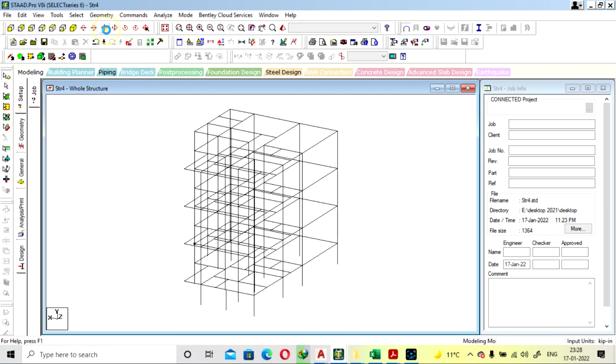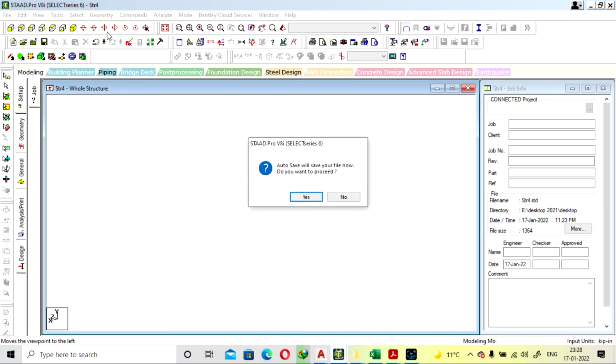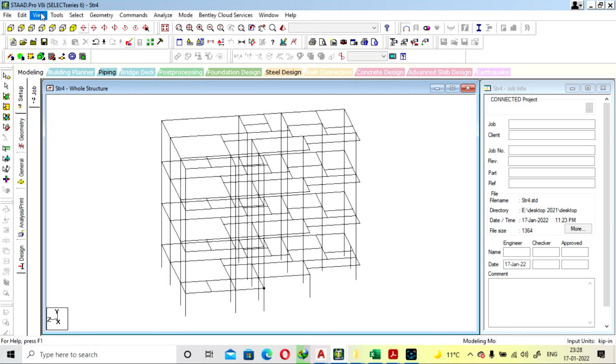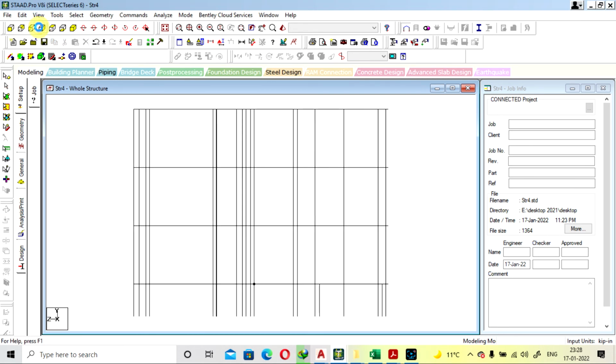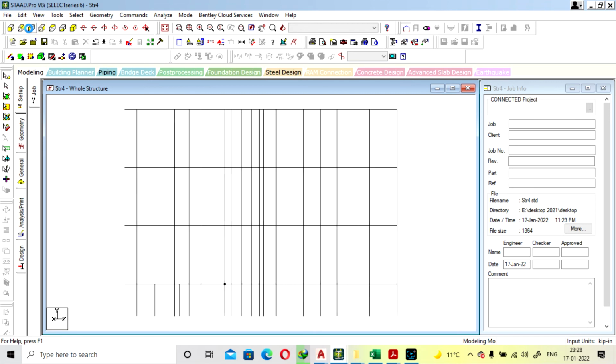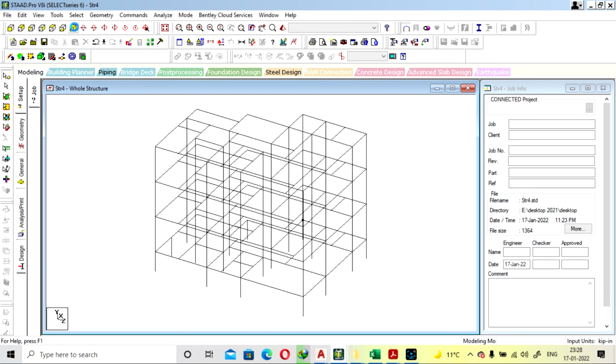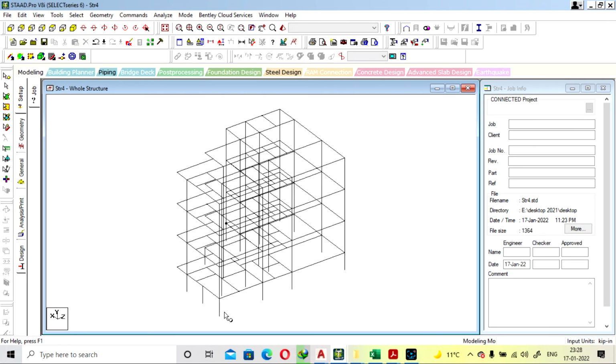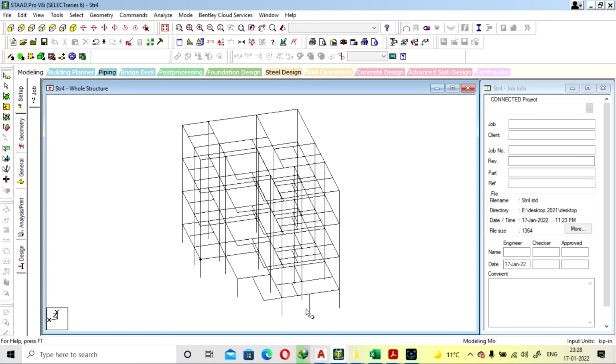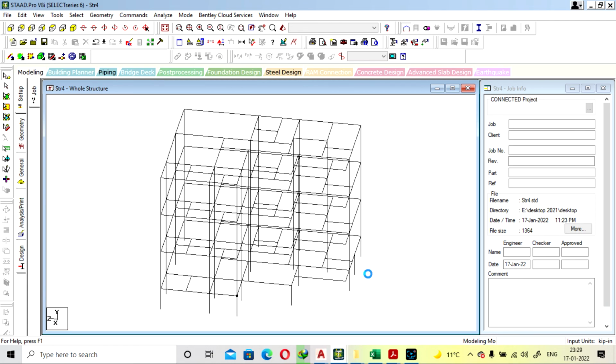One column is left, the front one. This column you also have to copy.